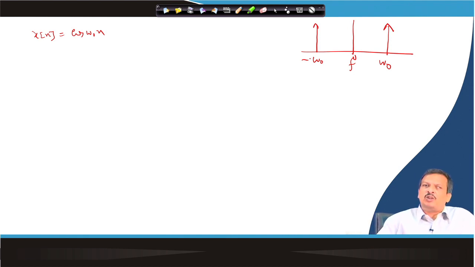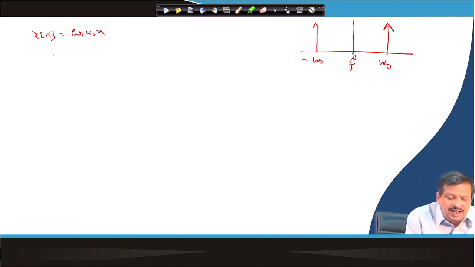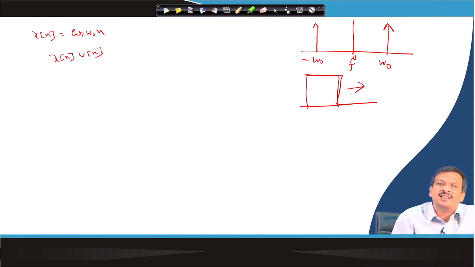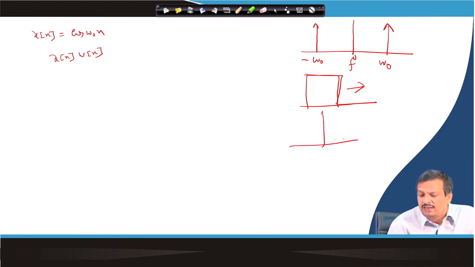That is the frequency domain or Fourier transform of a cosine wave. If it is infinite, the transform is infinite; that is the ideal case. But now what we are doing is multiplying x of n with a w of n. What is the w of n signal? w of n is nothing but a gate function. So, what is the frequency response of the gate function? It is nothing but a sinc function.